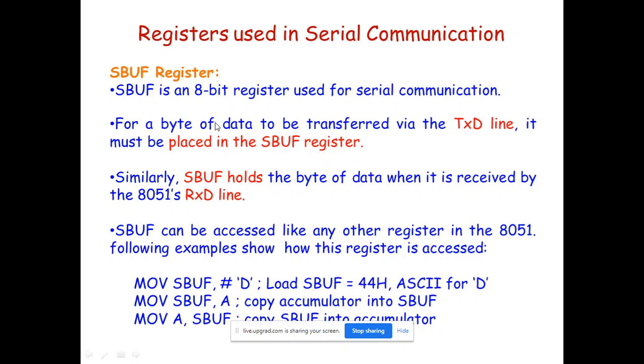Suppose my controller is working in transmit mode. At that time SBUF holds the data which you want to transmit. Suppose it is in receiver mode, then data is taken bit by bit from the peripheral. For example, for a memory write operation, the data which you want to write into the memory is first placed into SBUF, then through the TX pin it goes out bit by bit as per the baud rate.